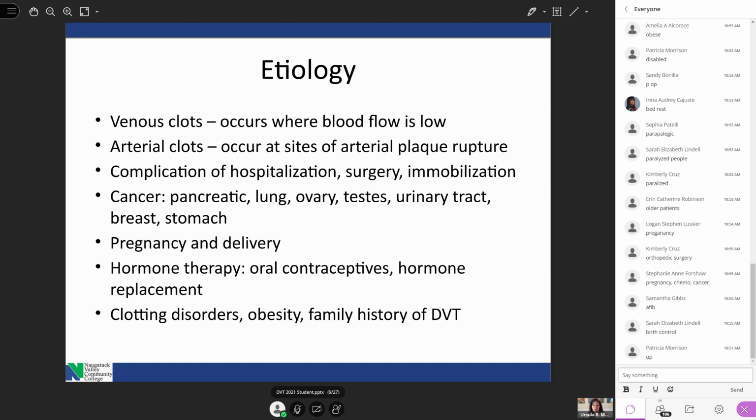So if we're going up, veins go up, yes. Arteries go down and they carry the oxygen. Arterial clots occur at sites of arterial plaque rupture. That can happen where the plaque can rupture, and that can also cause a clot. It can be complications of hospitalizations, surgery can cause it,